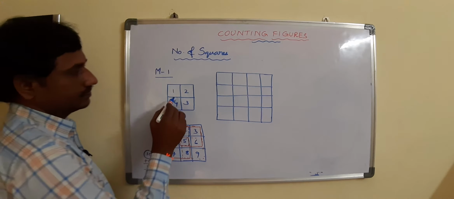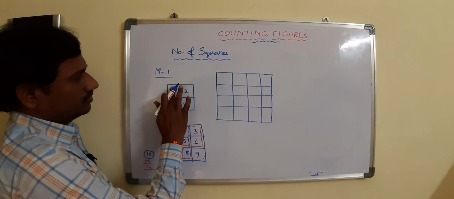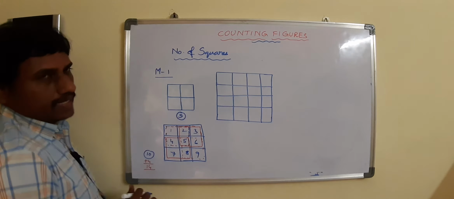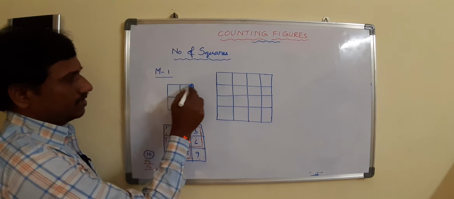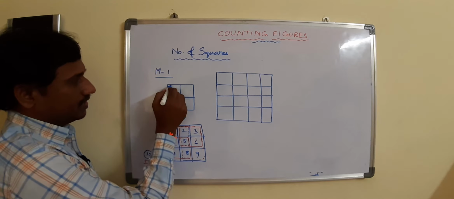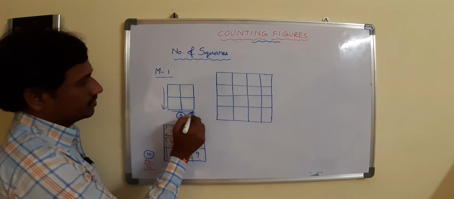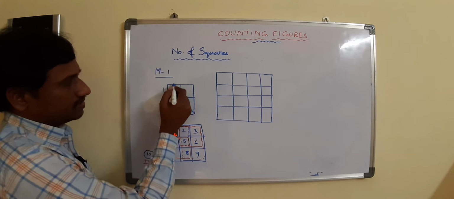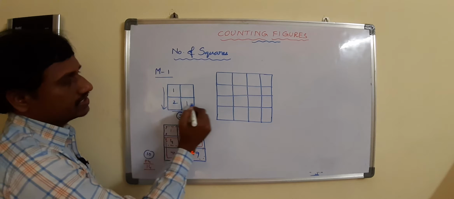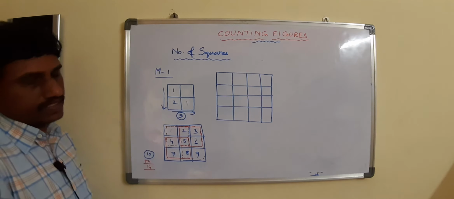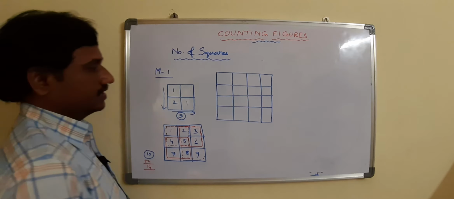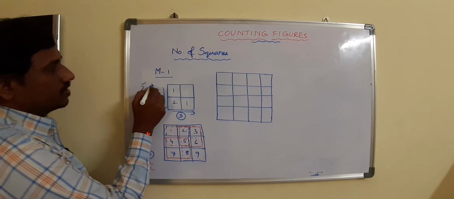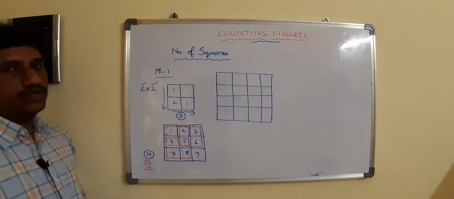Just observe here. In the given square, the basic model, it is equally divided, means the whole square is divided. Suppose if we take column wise or row wise, how many partitions? 1, 2. And row wise also 2 squares. Vertically also 2 squares, horizontally also 2, means equal number of partitions. Whenever you are having equal number of partitions, you can think of this as a matrix in the form of 2 by 2 matrix, means 2 rows 2 columns. This we call a 2 by 2 matrix.